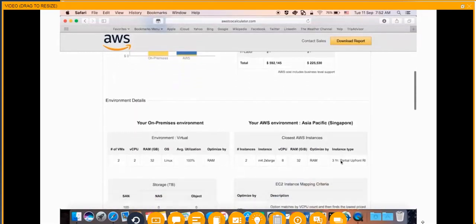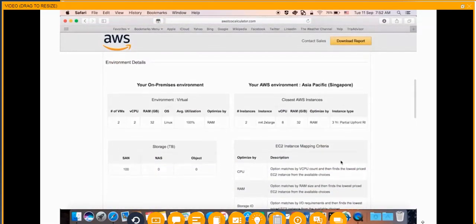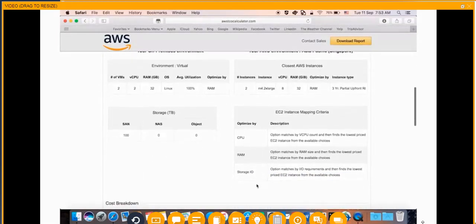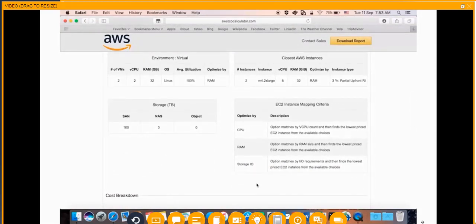Some environment details. Again, you will notice that we do a side-by-side comparison for on-premises versus AWS. In this case, we're looking at the compute resource, and I'm selecting the M4 2xlarge, which is the closest fit per the configuration I keyed in earlier on. And I'm going to be using the 3-year partial upfront reserved instance pricing. The table below, EC2 instance matching criteria,